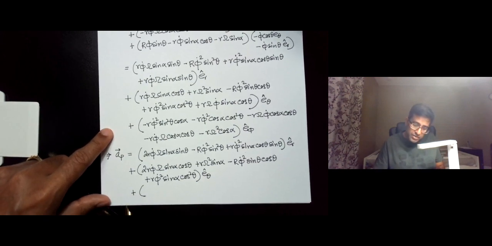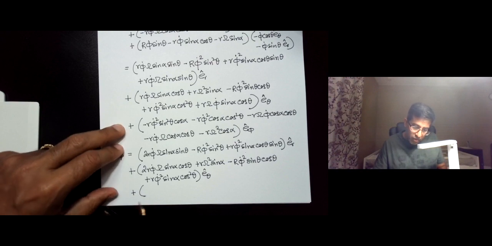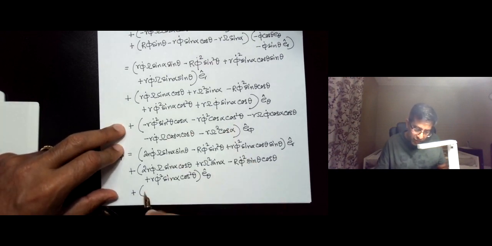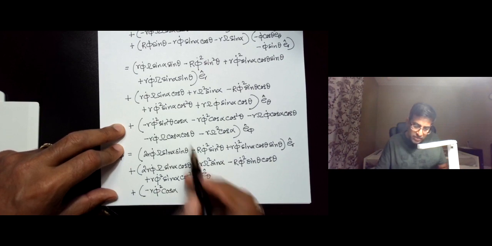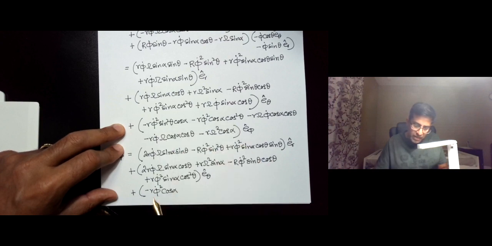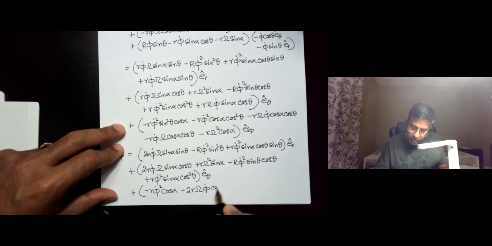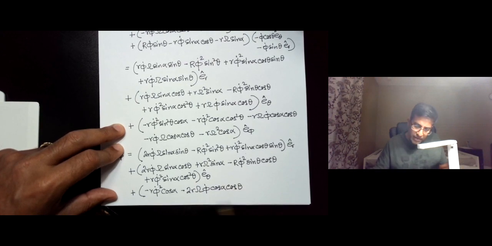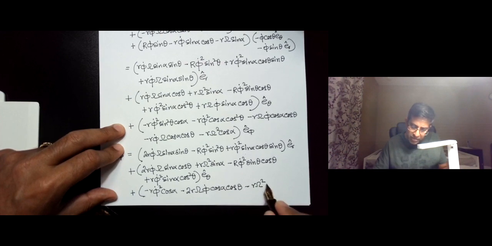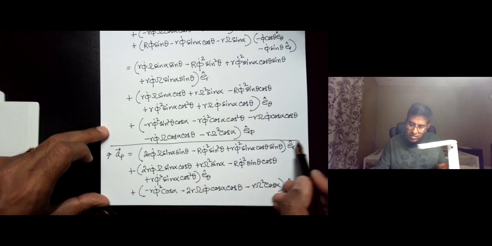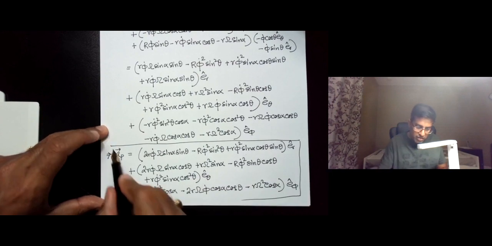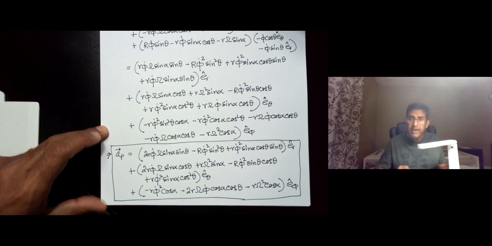And in the E R direction we also have a couple of additions, so we have minus r small r phi dot squared cosine alpha, because here we have a sine squared theta and a cosine squared theta that get added up, minus 2 small r capital Omega phi dot cosine alpha cosine theta minus r capital Omega squared cosine alpha, and this is in the E phi direction. So that then gives us our acceleration,